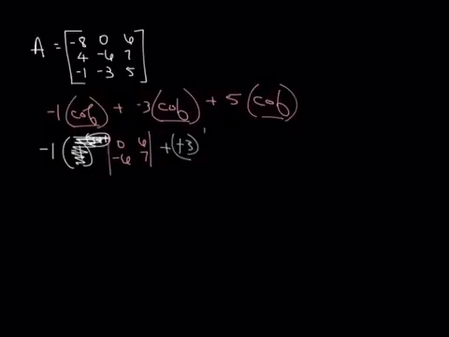All right, so what am I going to get for my minor? I am going to get a negative 8, a 6, a 4, and a 7. Okay? And then I've got a 5. And what position is that 5 in? It's in row 3, column 3. 3 plus 3 is 6, gives me an even number. This is not going to have a sign change at all, so I leave that the way it is. And I get, for my minor,